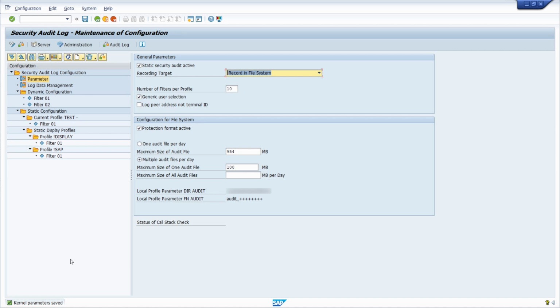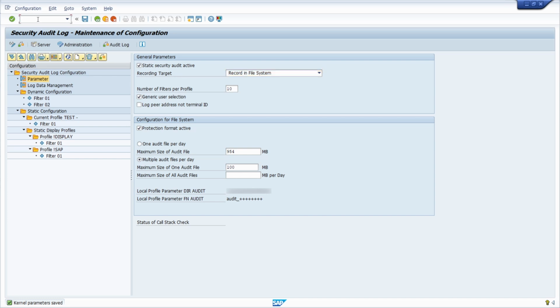The next step that we have to do is to set up so-called filters. So filters define the detailed setting of an SAP Security Audit Log, so what basically has to be logged. This is being done within a filter. In general, you have two possibilities to define the filters. Here in the RSAU_CONFIG transaction, you can set it up manually, or what you can do is